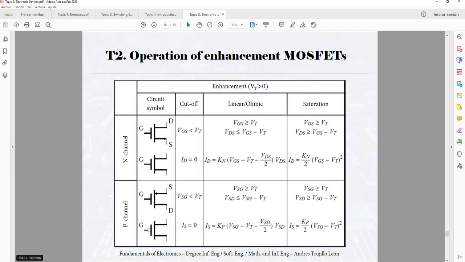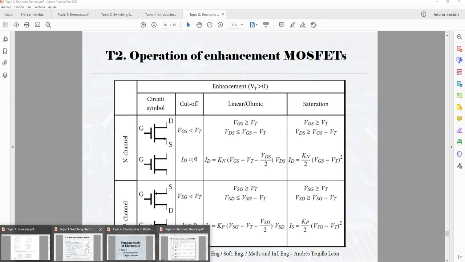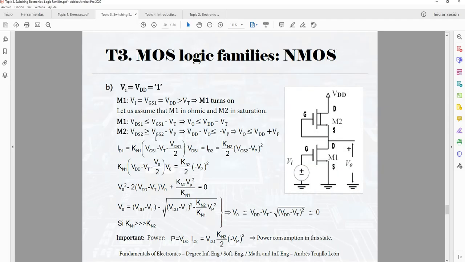So if you see the conditions in the circuit here, you can compare with the conditions in the tables and you can understand if the transistors are in ohmic or in saturation. And once they are in ohmic or in saturation, you select one or another equation for the currents. Finally, you are going to see, if they are in ohmic or saturation, the value of the output, and if they are consuming or not